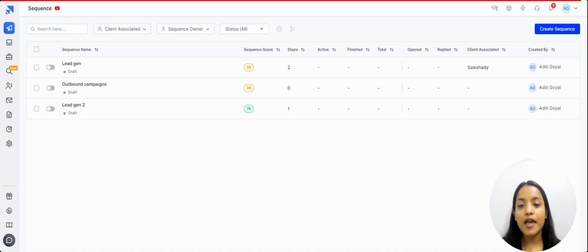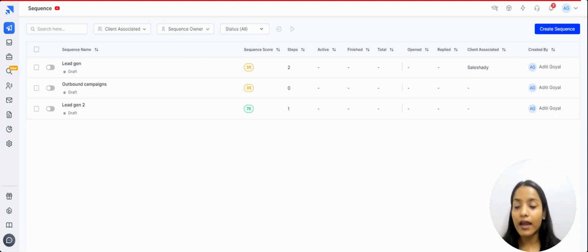using webhooks. Imagine this, you're a sales rep managing multiple sequences through Sales Handy. You send out hundreds of emails daily, aiming to engage potential leads and convert them into loyal customers. Meanwhile, your team communicates and collaborates using Slack, which is a popular platform known for its efficiency. By integrating Sales Handy with Slack using webhooks, you can streamline your workflow and ensure that important updates are instantly communicated to your team. So let's see how it works.